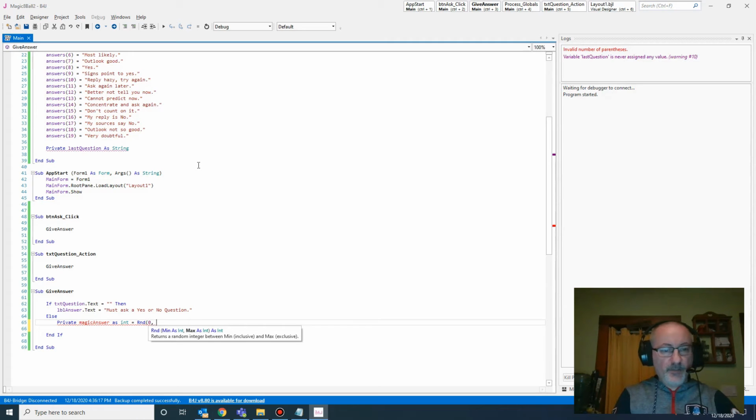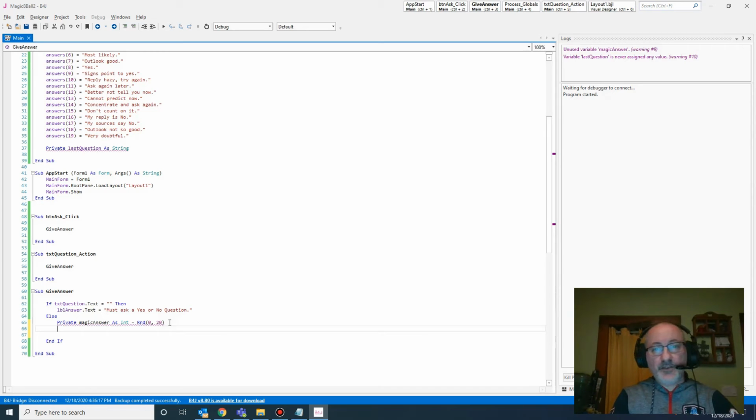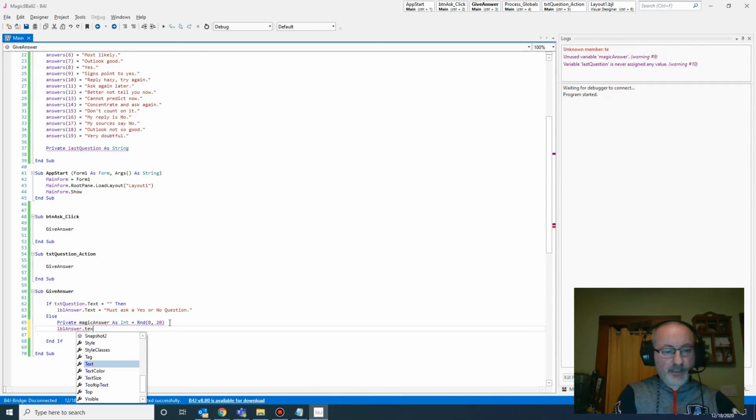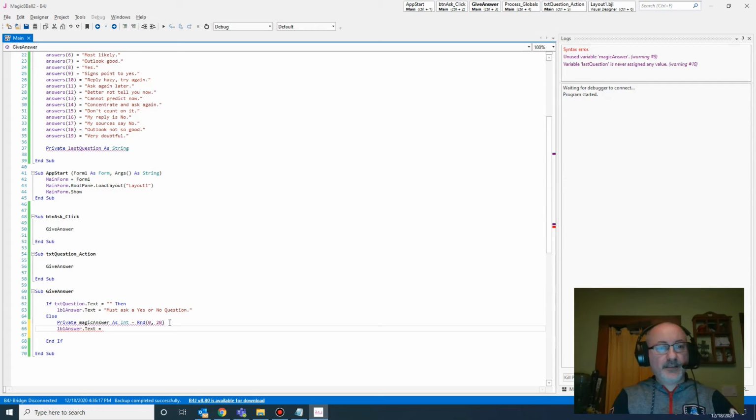and give it a comma, and now we need the maximum value. Now the maximum value is 19, but if we put 19, it's not going to include 19, so we have to give it 20. So 19 and 20. So it's going to give it a random number between 0 and 19, all included. So now we take that magicAnswer, and so now we're going to put the answer that it picked into the label. So now we put label answer text equals, it's going to equal the text in the variable that was chosen. So we're going to do answers,